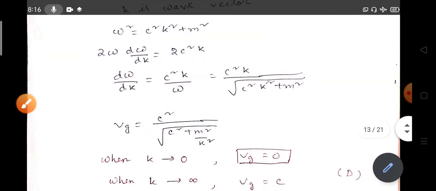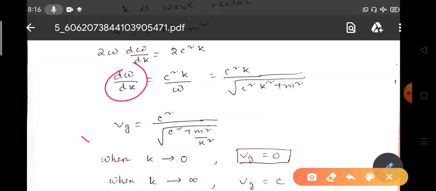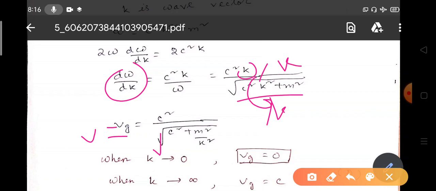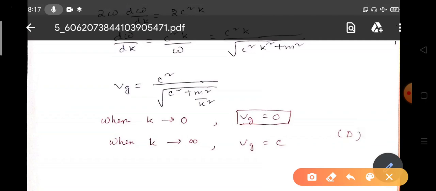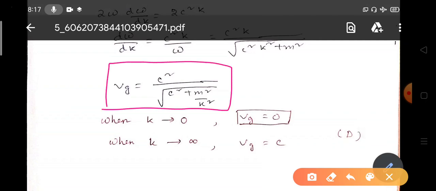Now this d omega by dk is vg, the group velocity, or v here, that is c square divided by, arranging it, we divide the whole thing by k, this k square, so the k will be cancelled and this will be c square plus m square by k square. Now we get vg equals c square divided by root over c square plus m square by k square. When k equals 0, this term becomes infinite